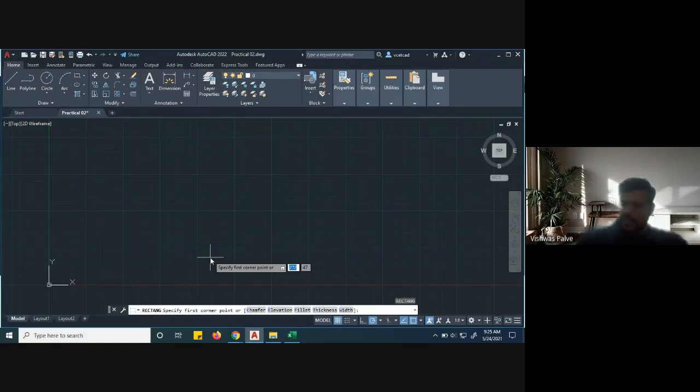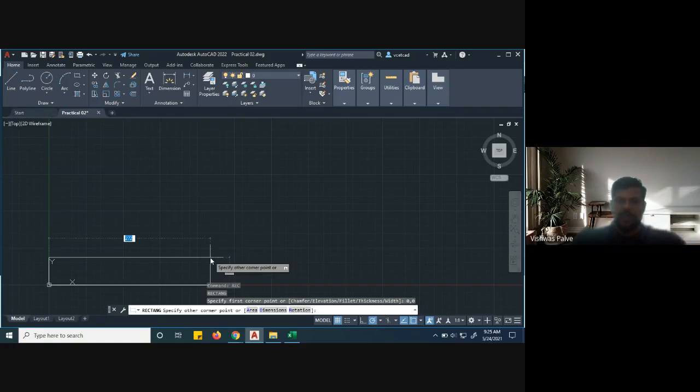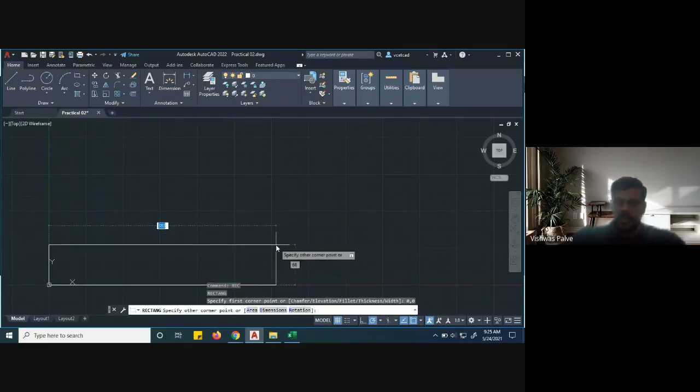After setting the units, what we are going to do: REC enter, and then first corner point 0 comma 0, or you can press 0 tab 0. Okay, first corner point. Then you have to read the command line, this white color line. It says specify the other corner point. What is the other corner point? Other corner point you specify as